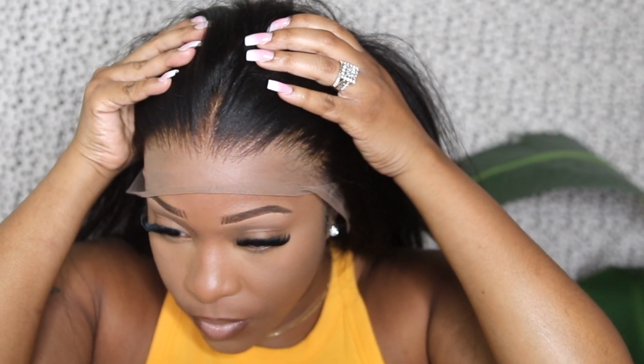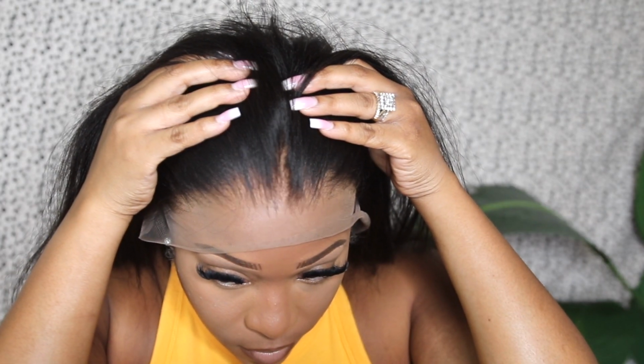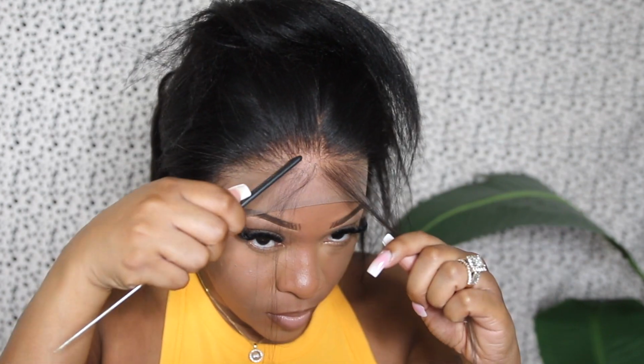I am excited about this wig install. Y'all know I am in love with the quality wigs from MyFirstWig, and this wig is no different. This wig comes with a pre-plucked hairline. It comes on a super nice clear HD lace. The wig comes with bleached knots. So baby, this is a top of the line, top tier lace frontal wig, and like I said, I'm excited